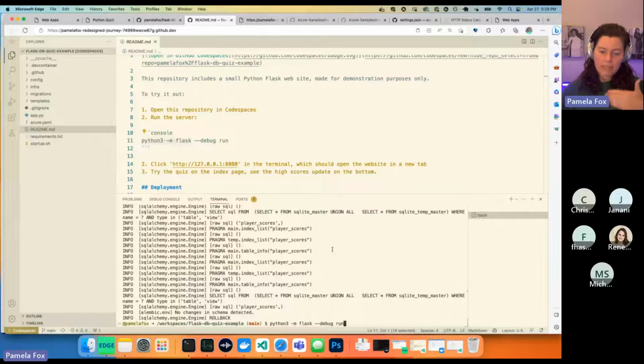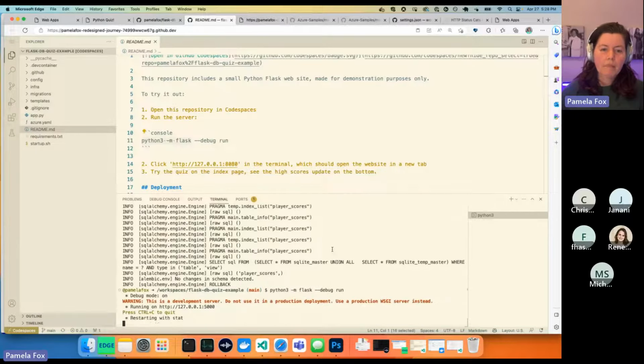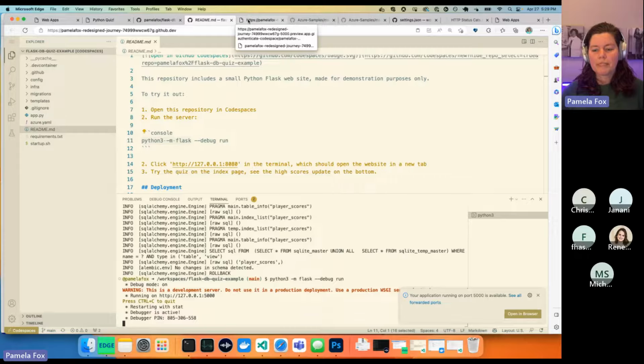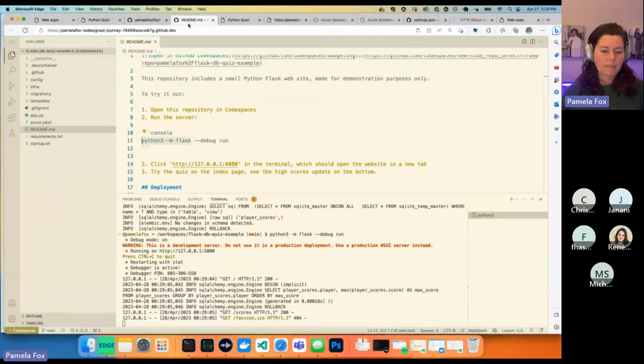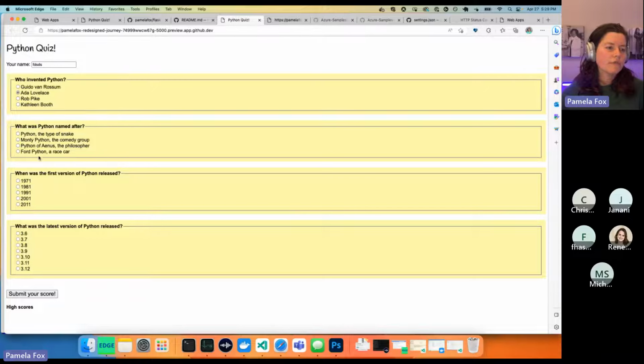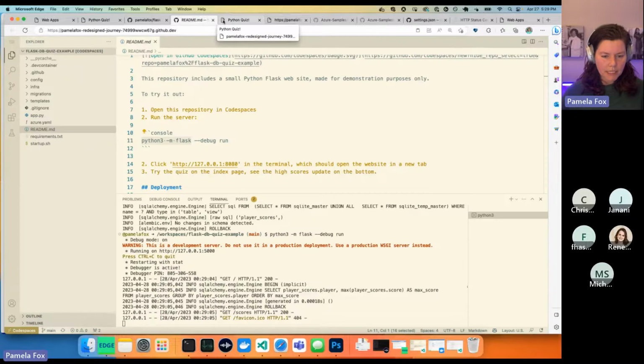Yeah, so we need to define the models in code, but then we also need to tell our database what tables it should have. So that's what migration is for. So this time it did actually work. So let's actually fill it out. Okay, so it says I got 50%. I see the select here.